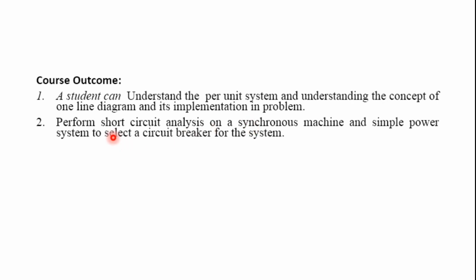So that's why we are making a short circuit on the synchronous machine, and we are going to look into how long, what is the time taken, to come back to the normal state from the abnormal state. That is what we are going to discuss in module 2. Based on this we are going to select the circuit breaker, because this is a very crucial part in a system. We know there is proper coordination between the relay and the circuit breaker. The circuit breaker will interrupt the fault, and the relay will make the decision.